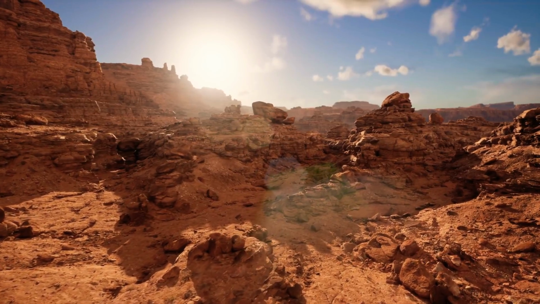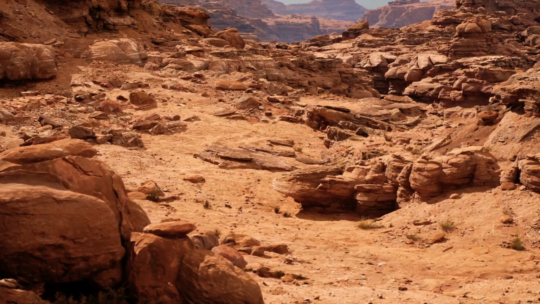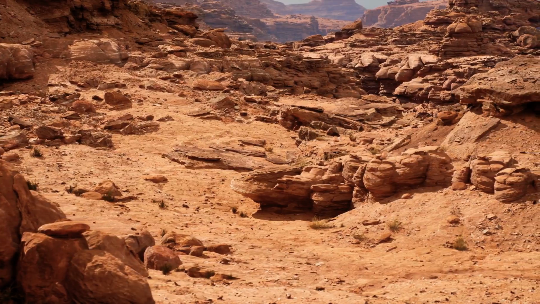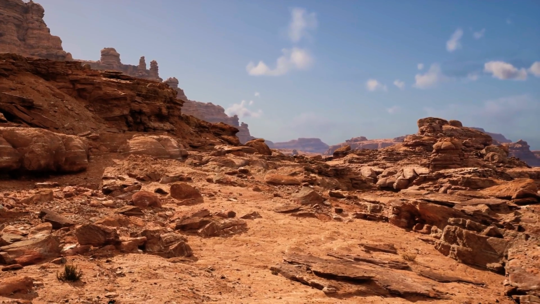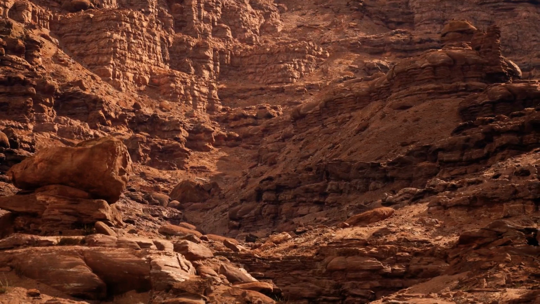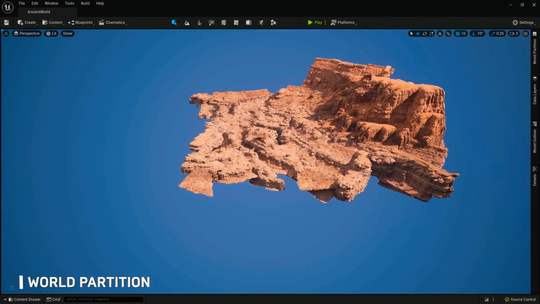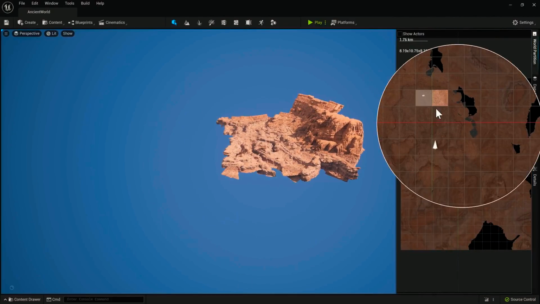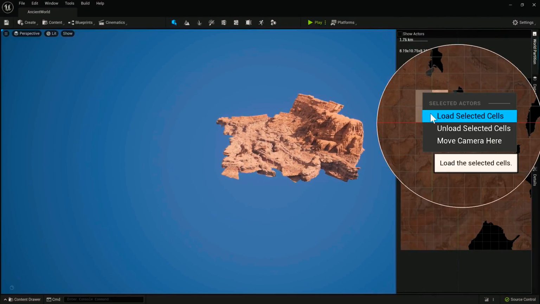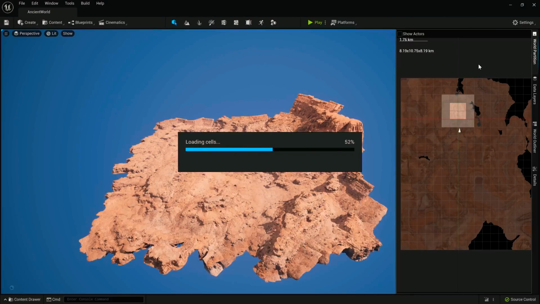With UE5, we are reimagining what collaboration looks like for teams and projects of all sizes. A common challenge when collaborating on large worlds is deciding how to structure map content so that everyone on the team can easily work without asset contention, while also avoiding painful merge conflicts. A new system called World Partition makes traditional world-building workflows obsolete by changing the way that we think about map files. Rather than requiring artists to build out map content as a series of streaming levels, World Partition allows teams to think of a single map as one large world that gets broken down automatically into many smaller, streamable cells